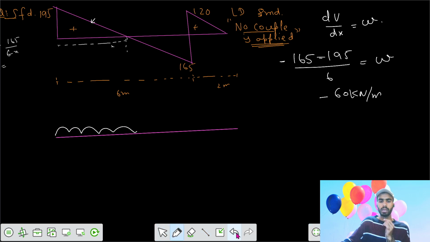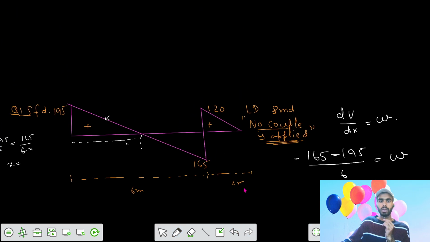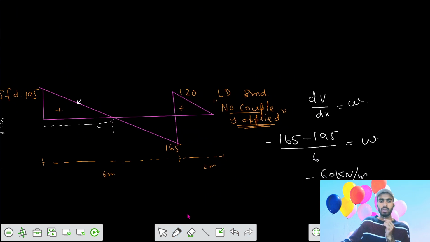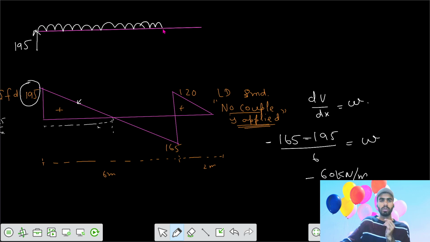We can make the loading intensity at the top. Since there is a sudden rise of 195 in the shear force diagram at the end, that means here there should be a reaction of 195 upwards. Then after that we got the UDL of 60 kilonewton per meter for a length of 6 meter. Then after that we have